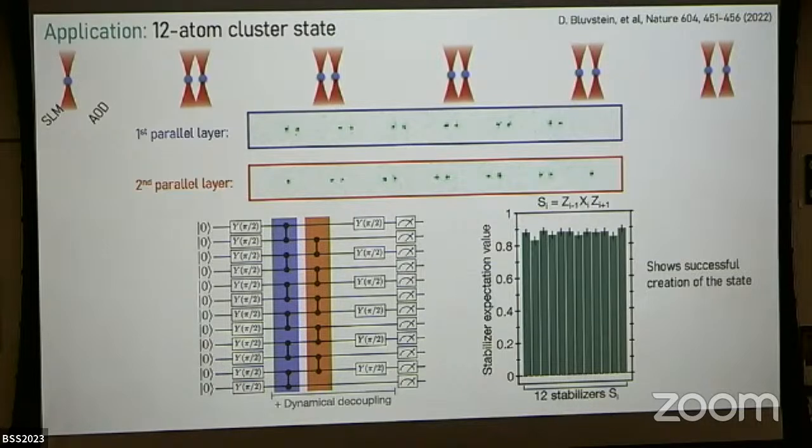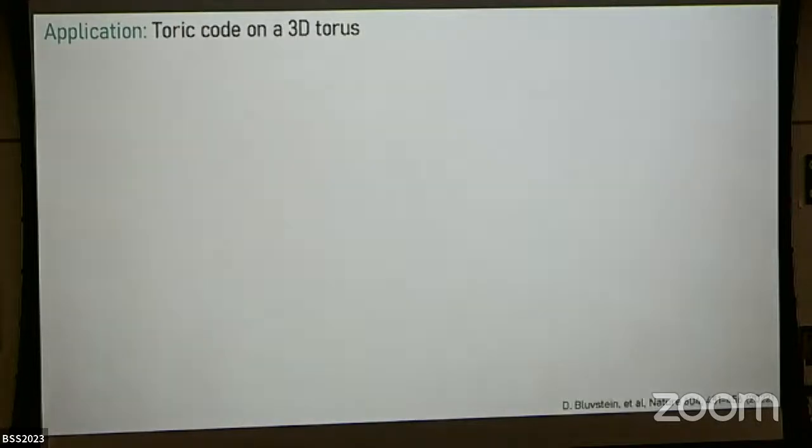Okay, maybe even more interesting is a toric state. The nice thing here is that we can do it on an actual 3D torus. Even if the atoms are in 2D, using this atom movement, you can close the boundary conditions in two directions. So it's effectively a 3D torus. So